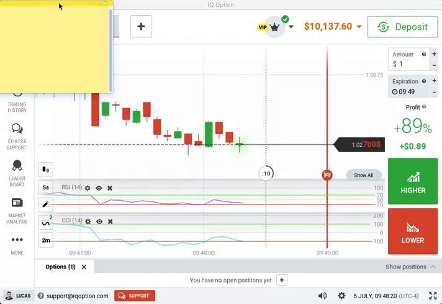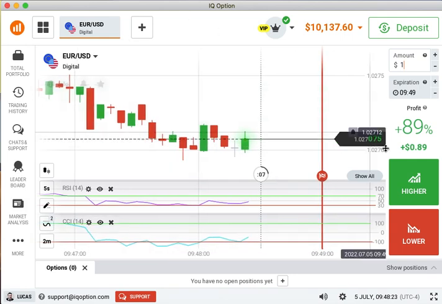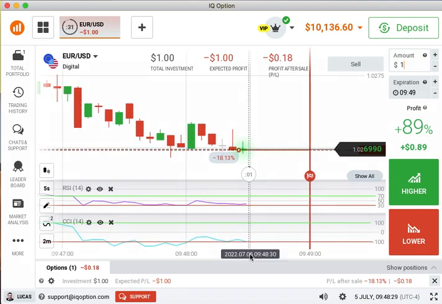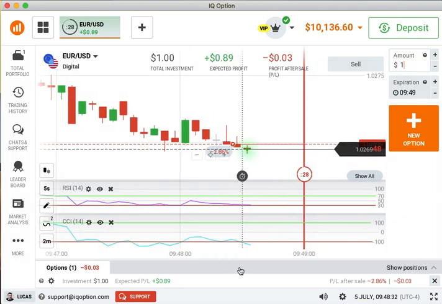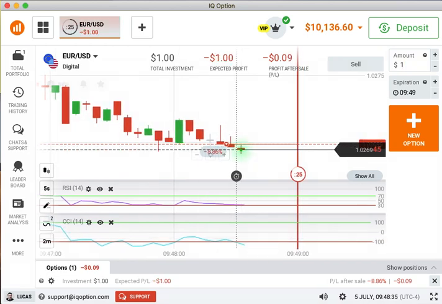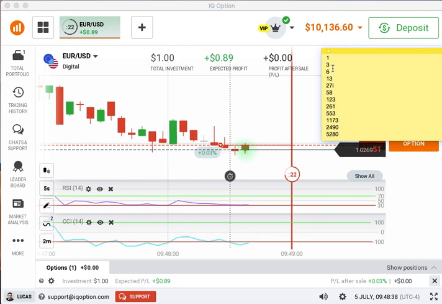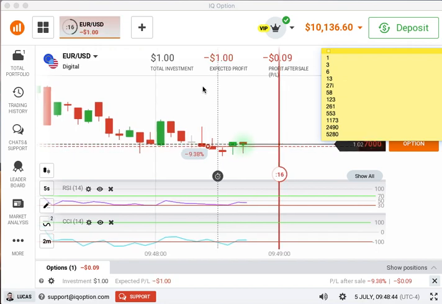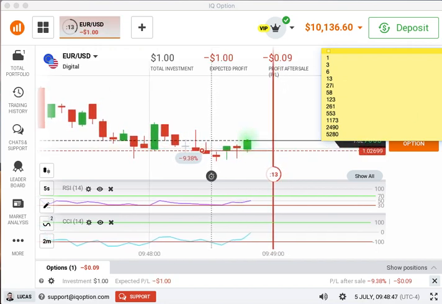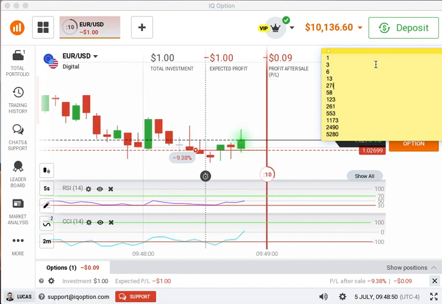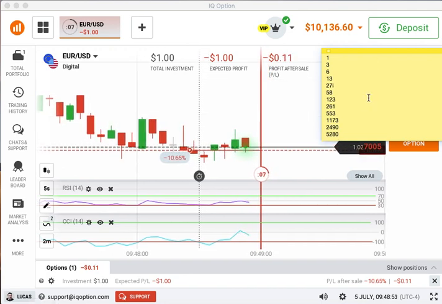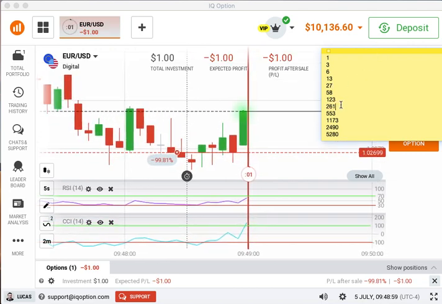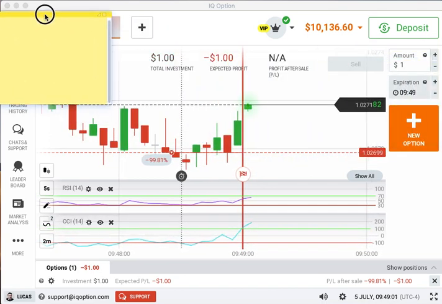We use this, and the trading method works off probability. The probability of losing 5, 6, 7 trades in a row by following the indicators is very low. See that we sell here for $1, right? And yeah, wait patiently. So if $1 loses, we do 3. If 3 loses, we do 6. If 6 loses, we do 13. If 13 loses, we do 27. I'll pull up notes, but if 13 loses, we do 27, right? I think 271. There's 261 here, so I know. But yeah, so on and so forth, right?